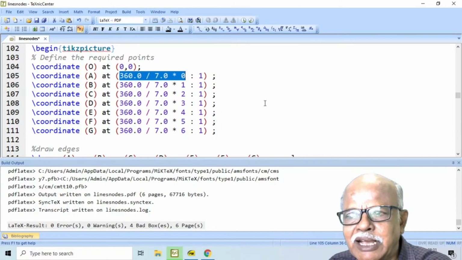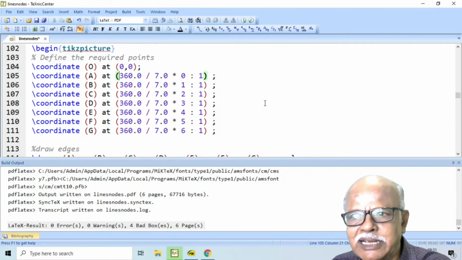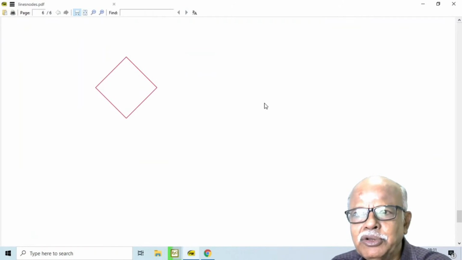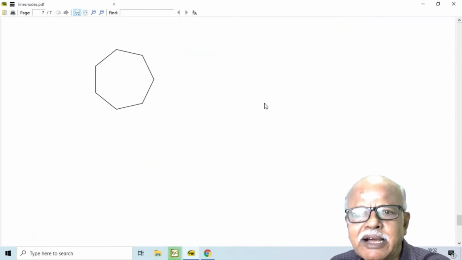Instead of giving absolute values of the angles, I say 360 divided by 7 multiplied by 0, and in the next case 1, 2, 3, 4, 5, 6. For 7-sided figures, we use 0 to 6 and then we can connect all the points like this. Then you will have the 7-sided figure available readily.